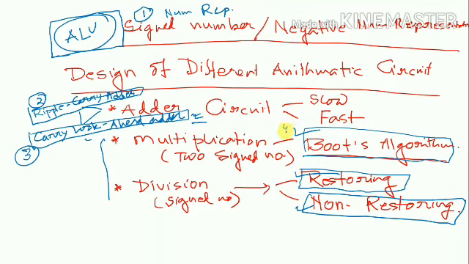Then the 4th topic is Booth's algorithm, and different numerical problems also will be asked in the exam from Booth's algorithm. Booth's algorithm is a very important topic from the syllabus point of view. You must get one question from Booth's algorithm. And the 5th topic is the division of 2 types. One is restoring and another is non-restoring. So all these are the whole things in the LU chapter.